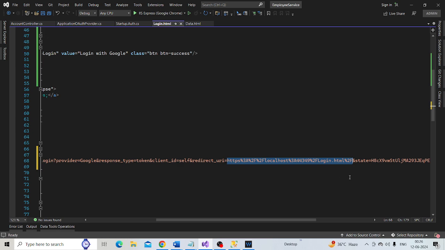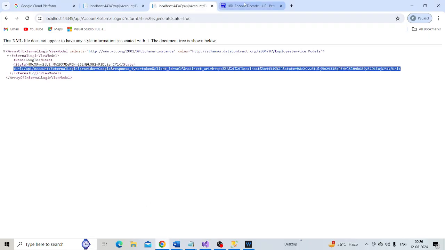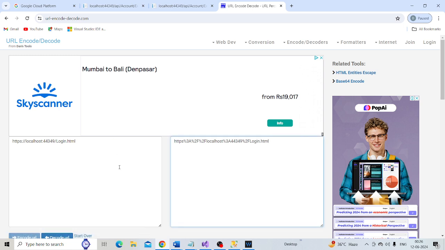So let's copy the redirect URI value. Let's go to the URL encode decode tool.